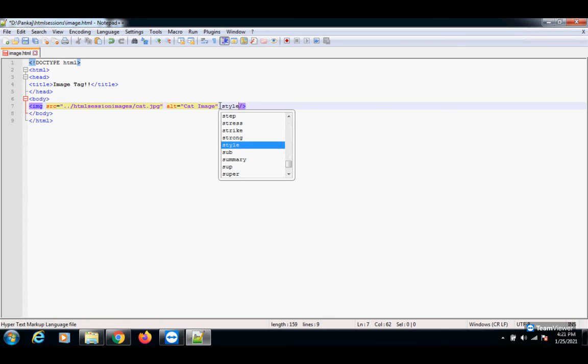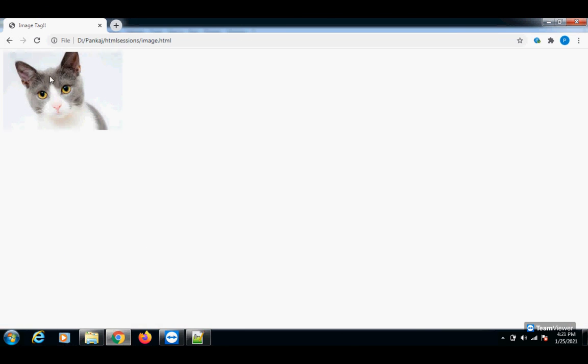We can put some style on this image. Like if you want to change the width of this image, we can say 100 pixels. The style part I will cover in a later session. So for now, I have changed the style width to 100 pixels.